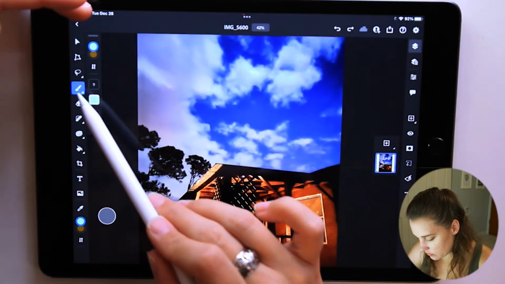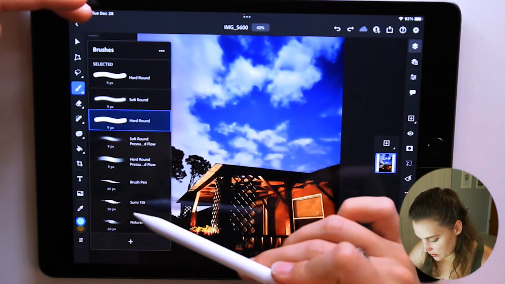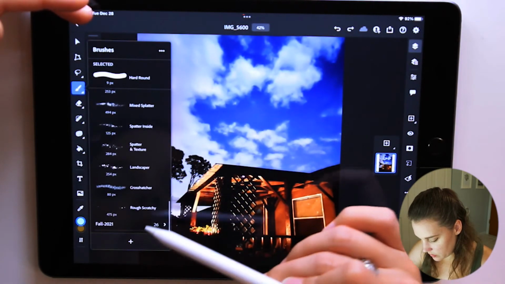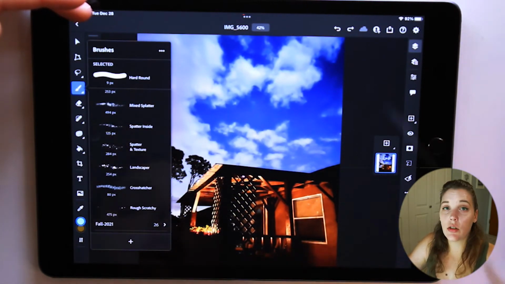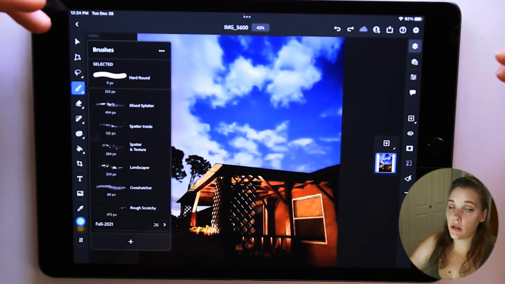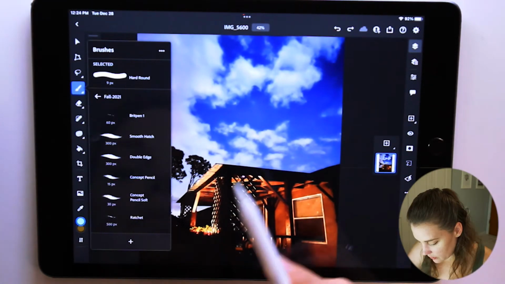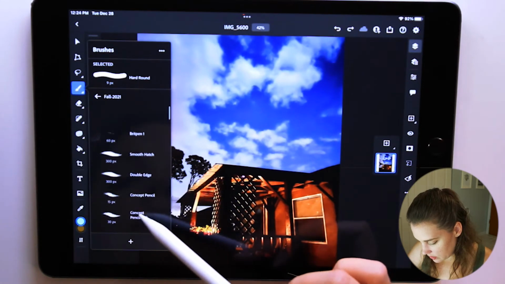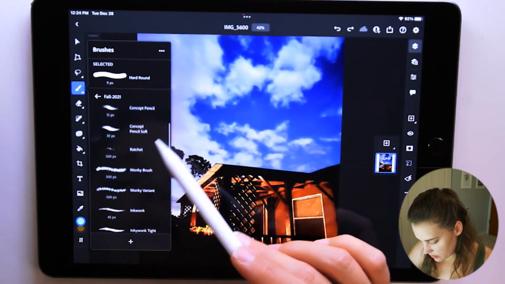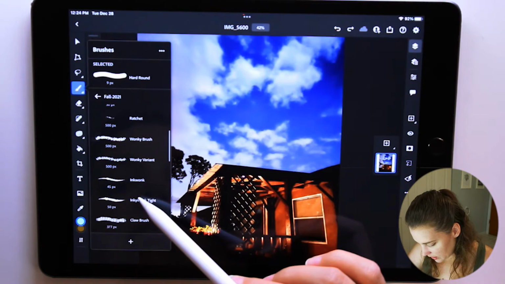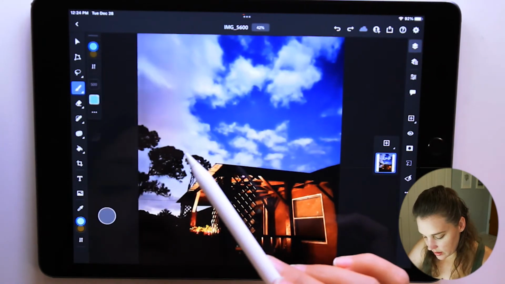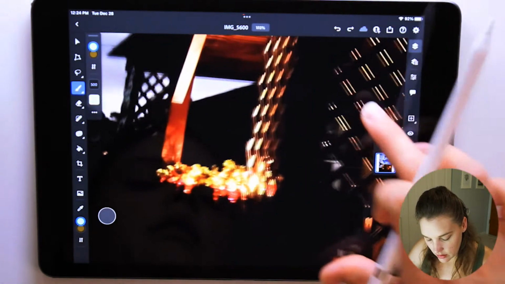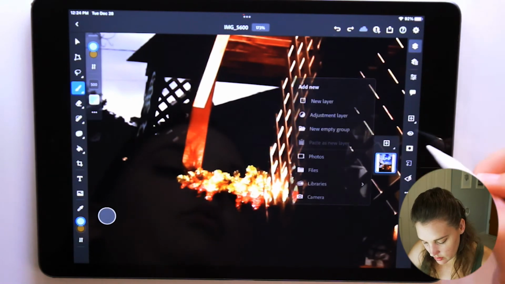So when it comes to the brushes, there are fall 2021. So there are 26 new brushes from the fall 2021 brush pack. You have lots of different kinds in here. Bright pen, ratchet, wonky variant, wonky brush. I kind of want to try this wonky brush, not gonna lie. Let's add a new layer